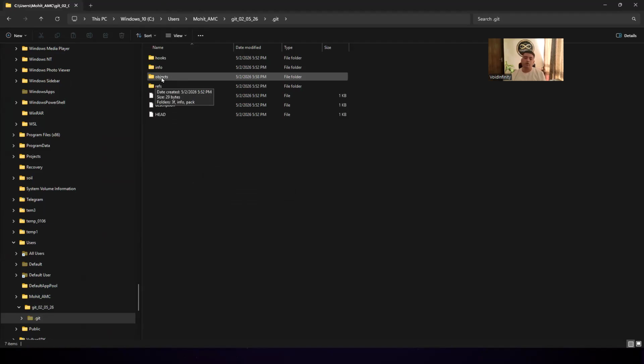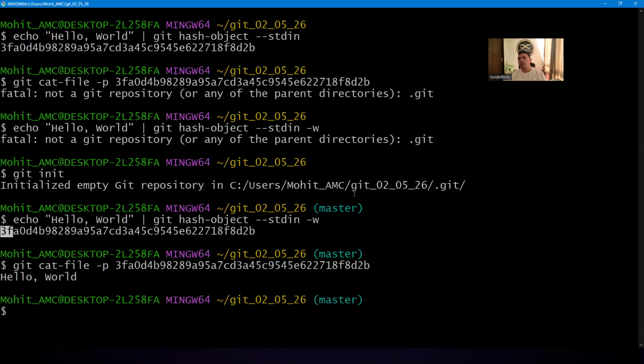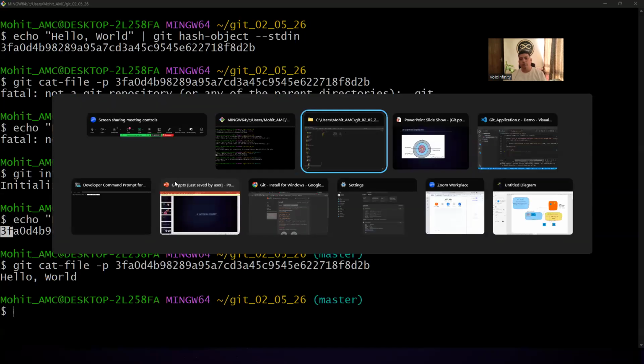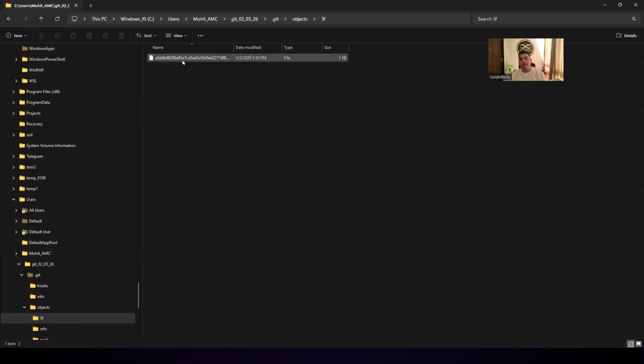objects. Why? We have done hash object. Ignore these two folders for now. Look at this folder name 3F, and then also look at your key. The first two letters of your key is 3F, and then again go back to the folder. The first two letters are 3F. Go inside, look at the rest of the key. So 3F के बाद में जो भी कुछ आ रहा है, A01, in last 8D2B, if I go to